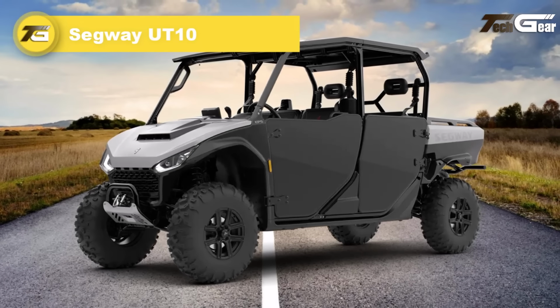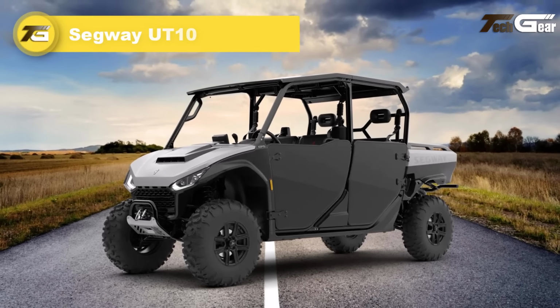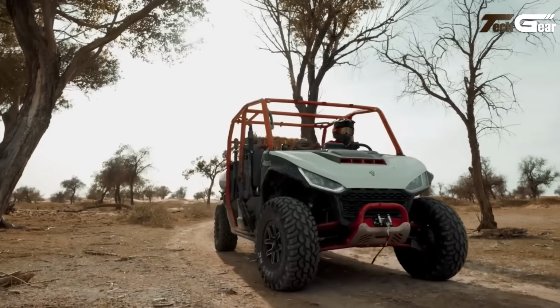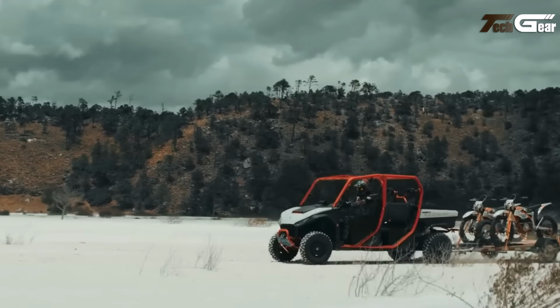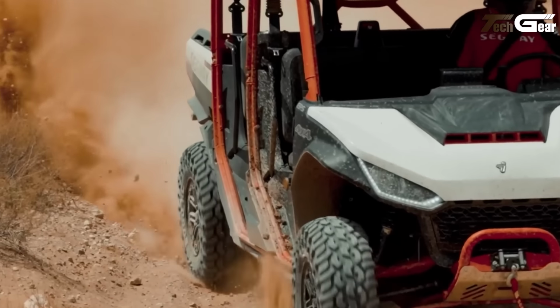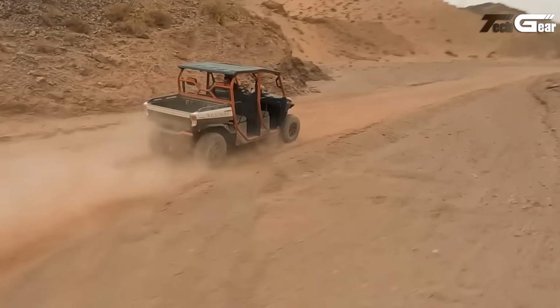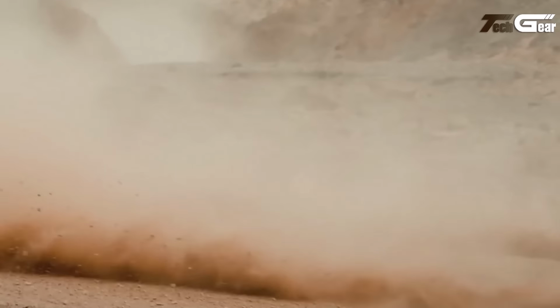Segway UT10. The Segway UT10 side-by-side is a versatile utility vehicle built for rugged work and leisure. Under the hood, it features a 1000cc liquid-cooled twin-cylinder DOHC engine delivering 105 horsepower and 95 Nm of torque. It rides on 14-inch aluminum wheels with front tires sized 27 by 9 to 14 and rear 27 by 11 to 14, and its dual A-arm suspension provides 9.6 inches front and 10.6 inches rear travel for smooth handling over